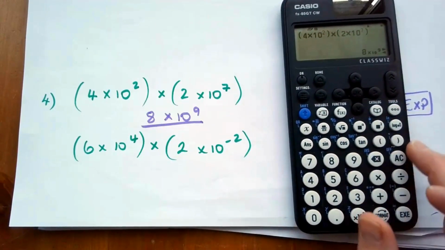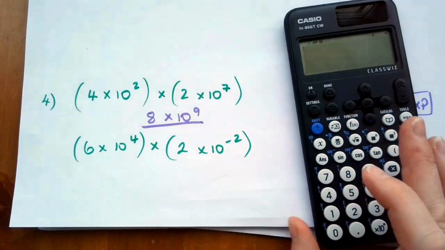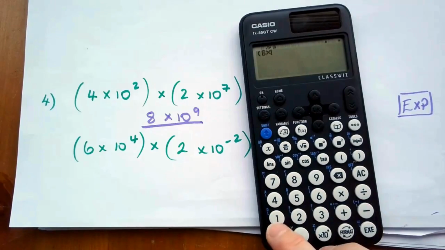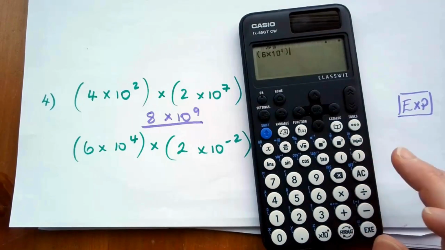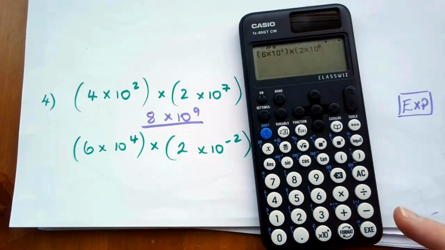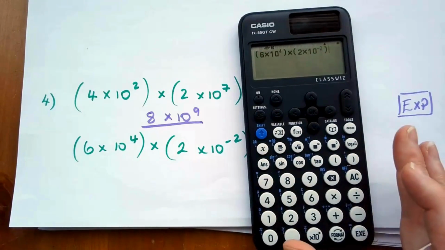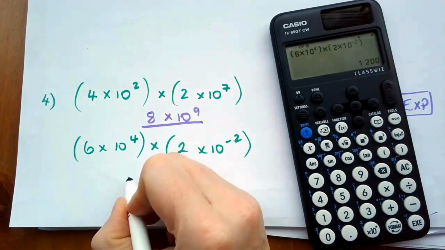Right, so I'm going to clear everything. I'm going to go to the second question. Let's have a go with the negative indices. The same thing again. Brackets, you have a go at it. 6 times, 6, and press the button to the power of 4. Remember to go to the right, and then press the bracket. And then we're going to times by bracket 2, press the button, and then we got minus 2 as our indices. Remember to go to the right to press the bracket, and then we've got it all as it should be. Okay, and then we get our answer of 1,200,